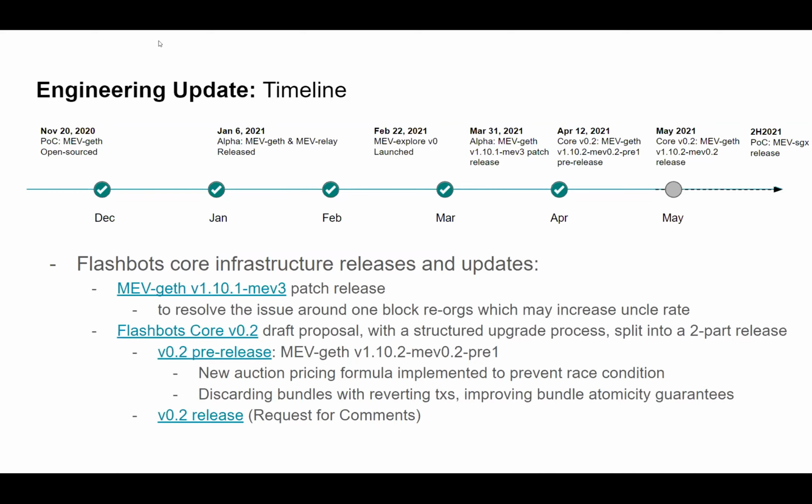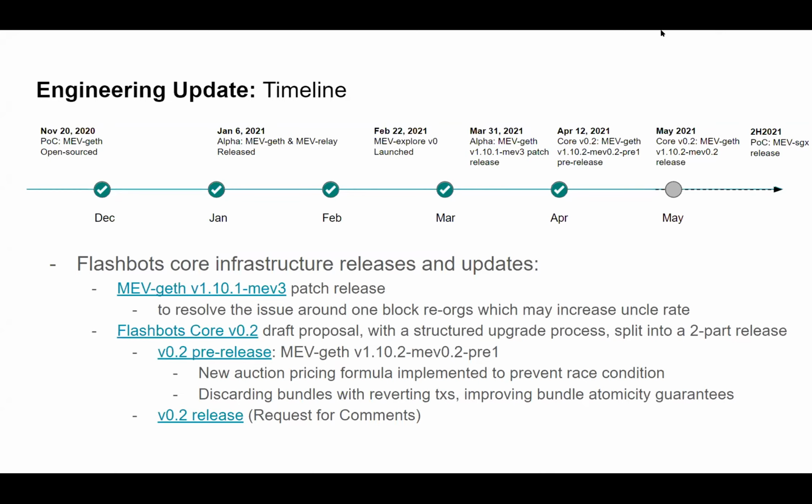So now that we are working with about 12 different pools and they all have their own implementation of MEV-Geth, there's some coordination required to make sure that the upgrades happen seamlessly amongst all of them, and there isn't some change in the way that each of them do bundle inclusion, because that could have a material impact on the revenues that the searchers actually have. So how are we going about this?